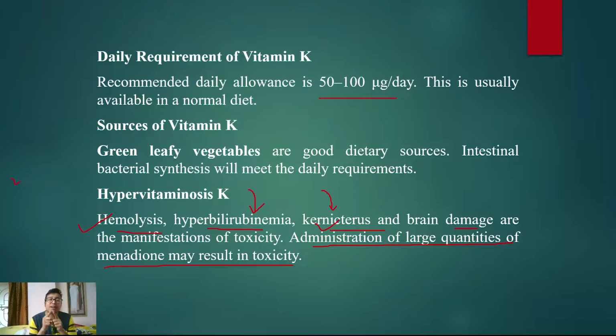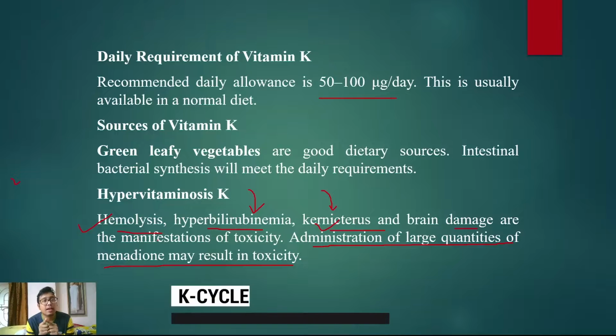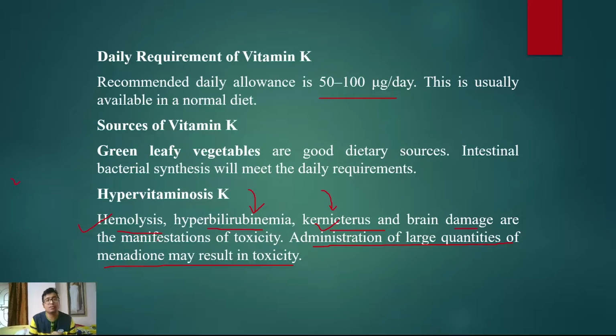If you are smart enough, you can apply your brain. I won't give you the full answer, but the answer lies in the vitamin K cycle because over there NADPH was being used. So, if excess vitamin K is there in the system, all of the NADPH is used up and that will lead to a deficiency of NADPH, and then the free radical pathways etc. will be activated and that will lead to hemolysis and oxidative stress. It's a long stretch. You don't need to know the mechanism, just remember hypervitaminosis K: hemolysis, bilirubinemia, kernicterus and brain damage.